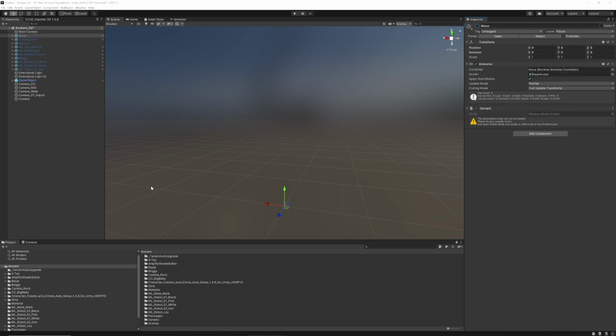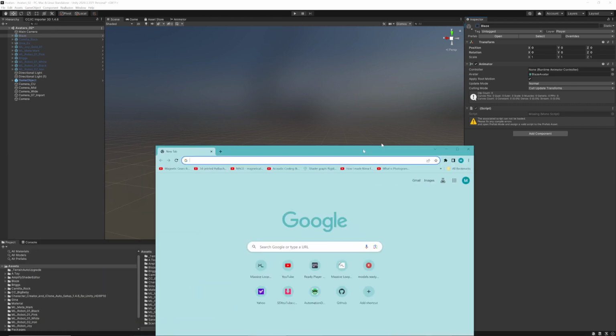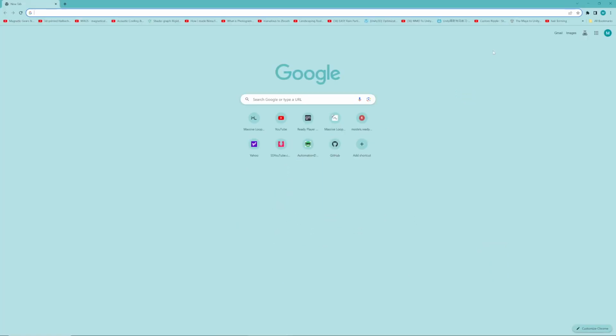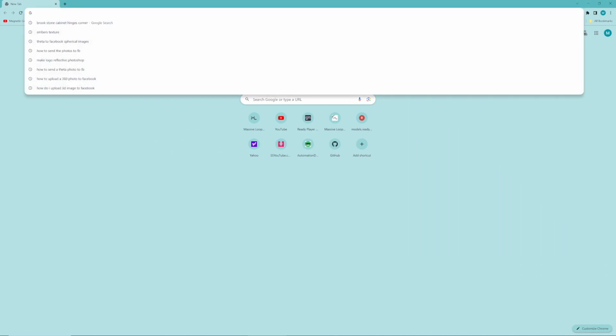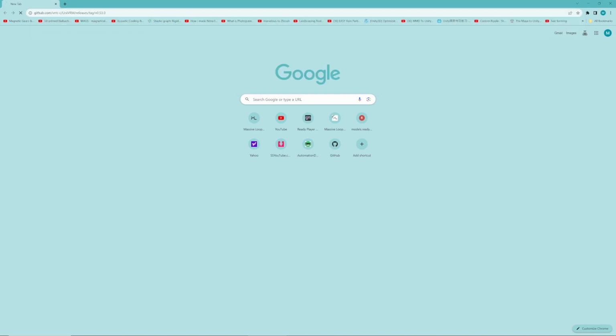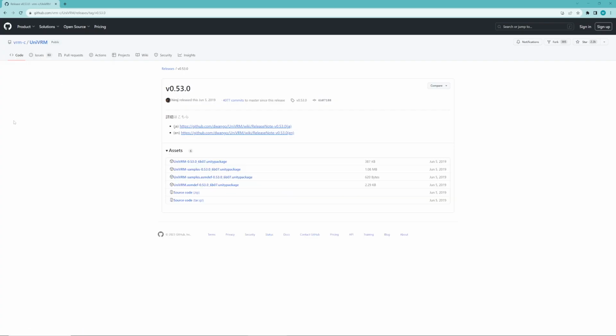Here, I got my Unity opened. I am currently using version 2020.3.351. The first thing we will need to do is enable Unity the ability to read our VRM file. To do this, we'll need to open our browser and find the VRM Unity package from GitHub. I'm going to go ahead and copy paste the address in. However, I will be providing a link in the description below to help make it easy for you to find it. Once there, let's look for